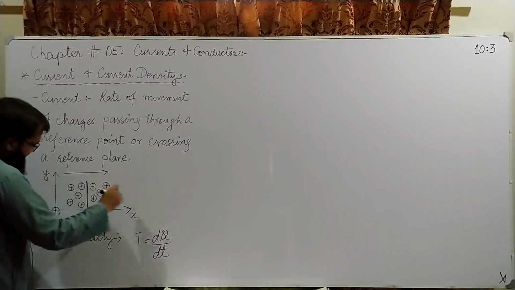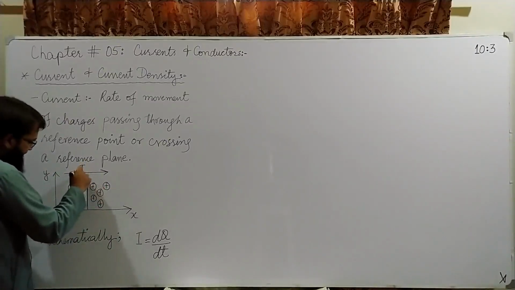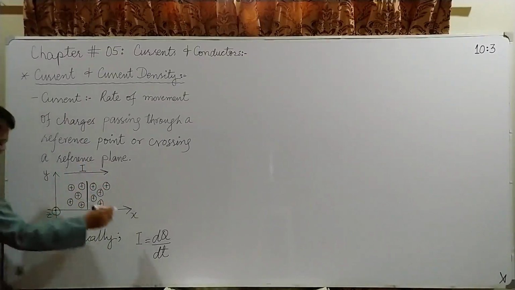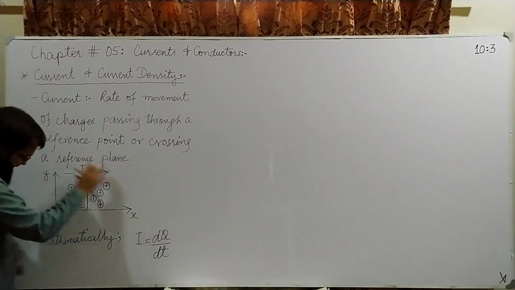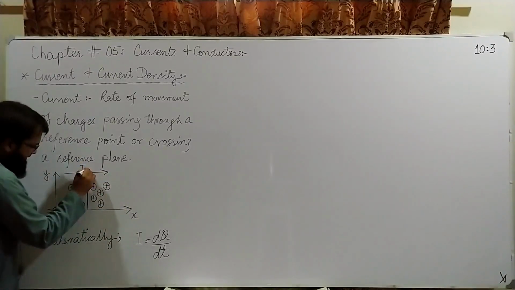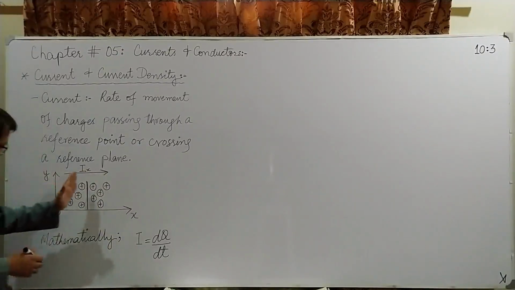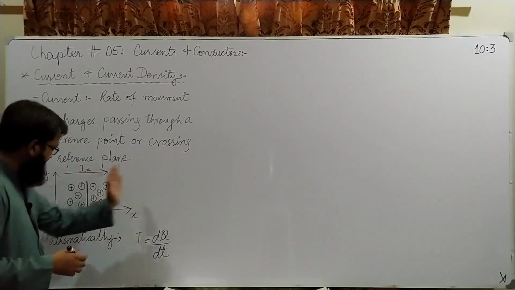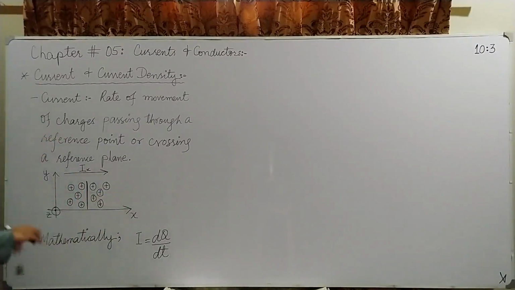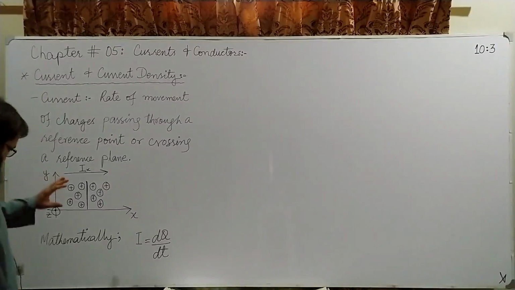So if this is the case, then we say that okay, current is in this direction, and to emphasize that the direction of the current in this particular scenario is along x, I would say that Ix is nothing but the amount of charge which moved from left to right along the direction of x in 1 second. Okay, that will be current.